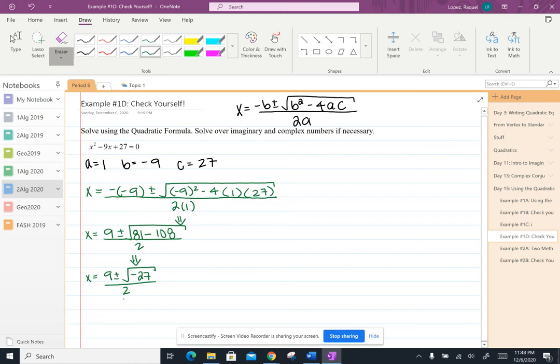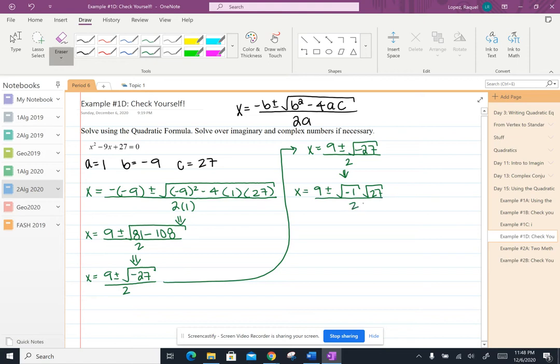Okay, so now the next thing I want to do is break down that square root, and we can use i according to our instructions. So I'm just going to rewrite what I have up here. Okay, and the first thing I'm going to do is write it as the square root of -1 times the square root of 27 all over 2. Okay, I like to have my list of perfect squared numbers off on the side here. So I have 4, 9, 16, 25. I don't really need to go any further,